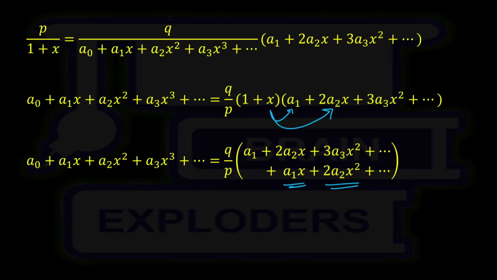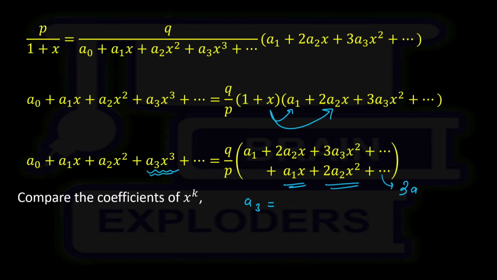So here we have q plus p times this bracket written over here. Now let us compare the coefficients. Suppose we have to compare the coefficient of x cube, so we can write a3 equals to, now here there must be a term with x cube, right? Here there will be a 3a3, I'm sorry, 3a3 times x cube, and here 4a4 times x cube must be